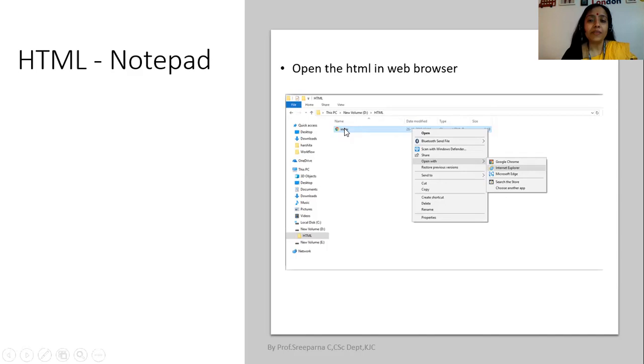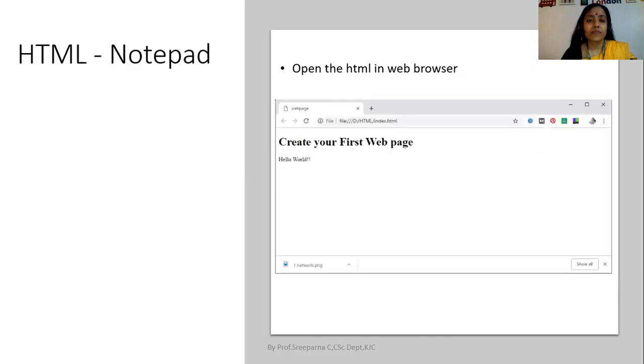Go to the file name, click right. After right clicking, go to Open with and choose the desired browser. And your HTML page will be displayed on the desired browser chosen.